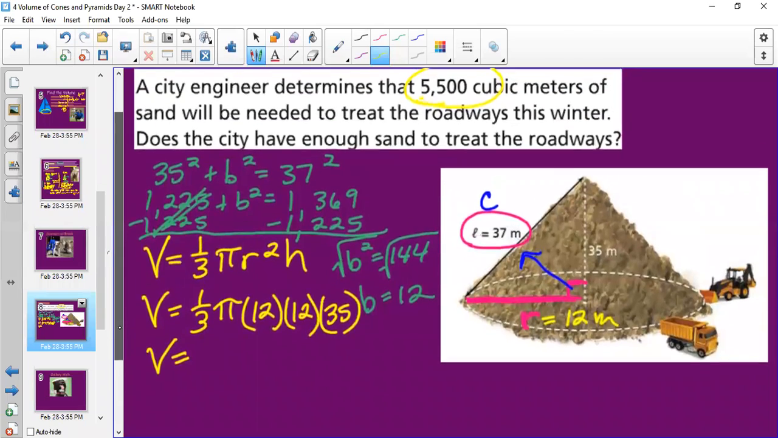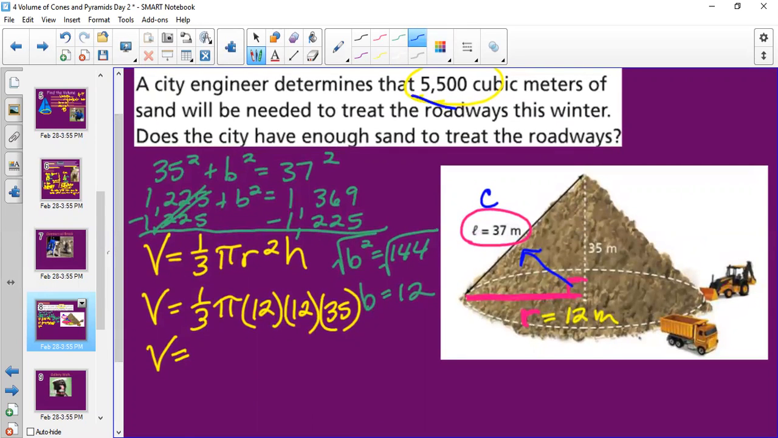All right, so since we need 5,500 cubic meters, I do not want to put this answer in terms of pi, because that would be hard to compare. So I'm going to go ahead and get my answer to the nearest tenth here. So I'm just going to use my calculator and do 1 divided by 3 times 12 times 12 times 35, and then last I'm going to multiply it by pi. And that gives us an answer of 5,277.87, so that would round up to 5,277.9